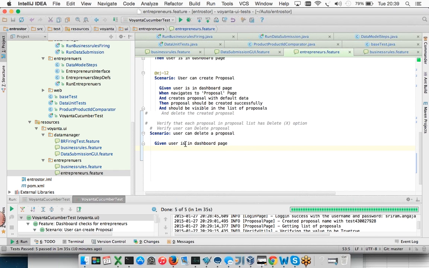That is a precondition, right? And one more precondition is a proposal exists in the list. Yes. When he deletes the proposal,